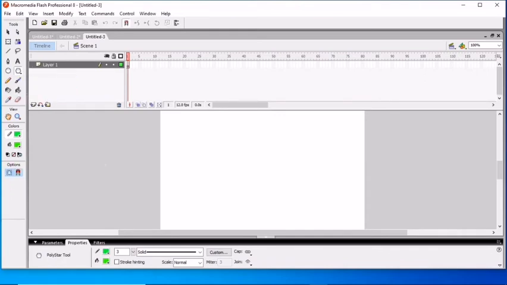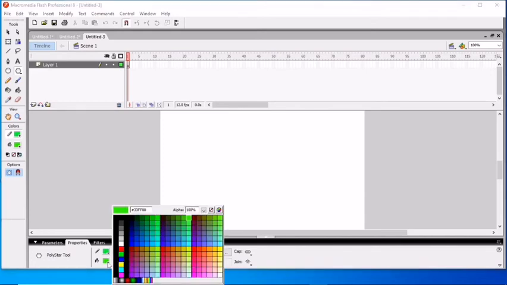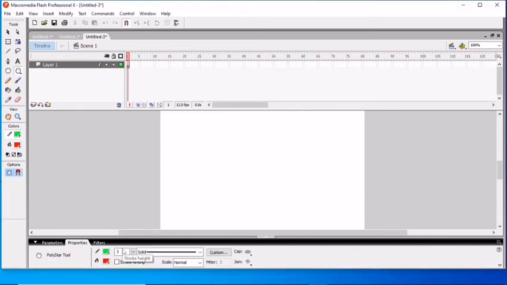You can select its size, and like this one, you can select a different color. Okay, and draw with this tool. Suppose I want it in the center, like this one. And if I select white, this will disappear.